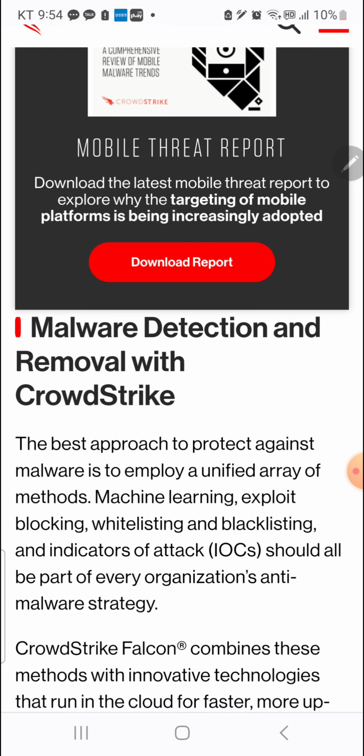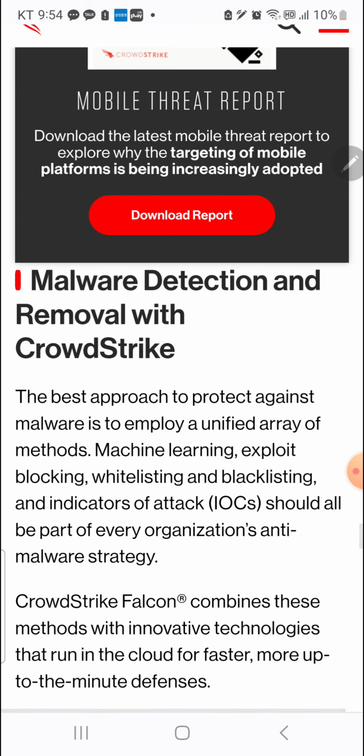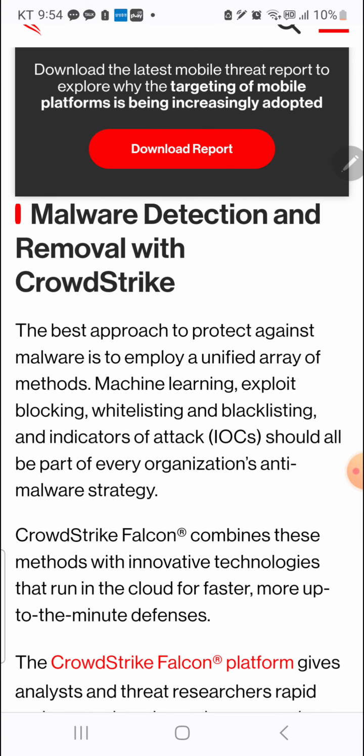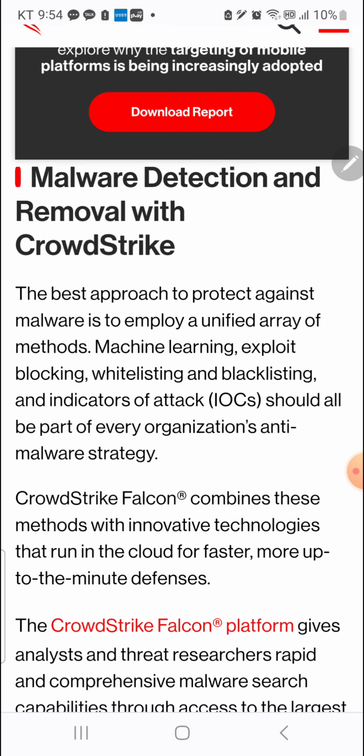Malware detection and removal with CrowdStrike. The best approach to protect against malware is to employ a unified array of methods.